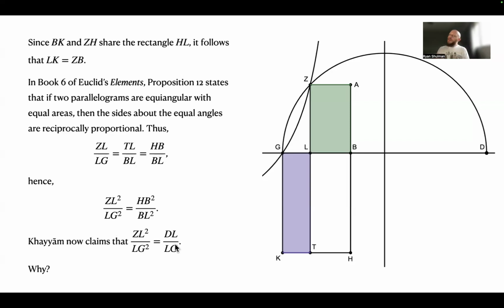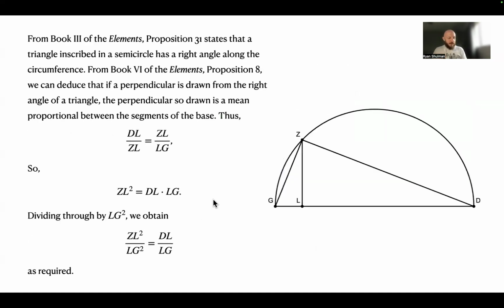So he does kind of justify this, but it still sort of begs the question, because I was sitting there being like, what do you mean because of the circle? And I don't know, maybe there's another proposition that actually leads directly to this, but here's how I went on to justify that. It starts with Prop 31 of Euclid's Elements from Book 3,